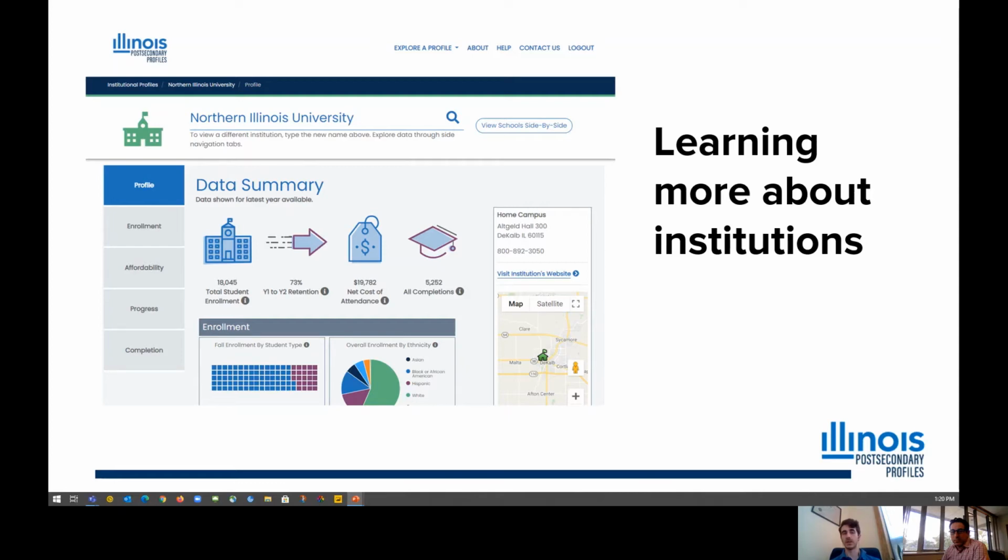So you have total student enrollment, retention year over year, net cost of attendance, number of completions. You have a bit of information as to where NIU is located. They're in DeKalb, and a helpful map. And then also in terms of enrollment, you have some disaggregated information, both by student type, but also by racial and ethnic diversity as well.